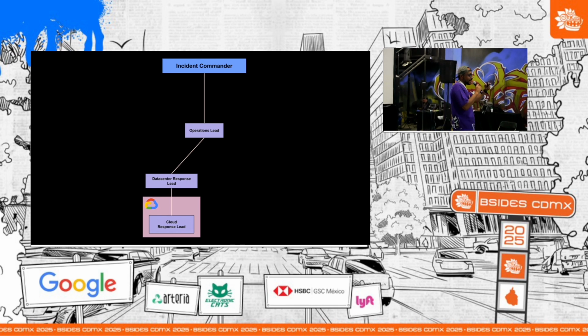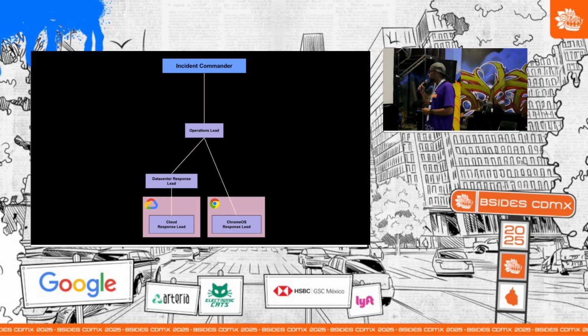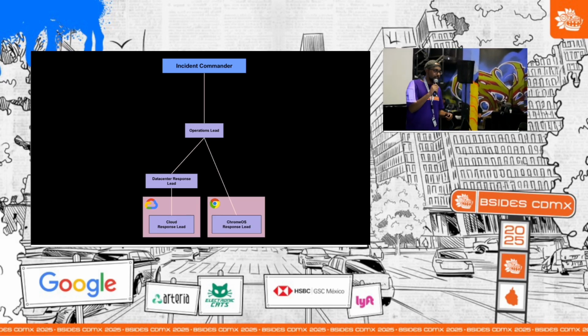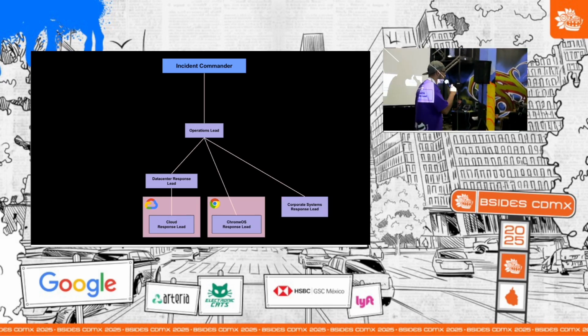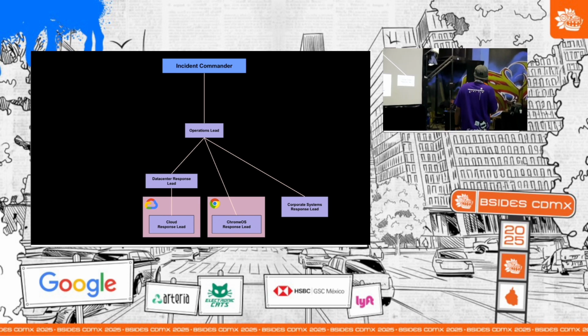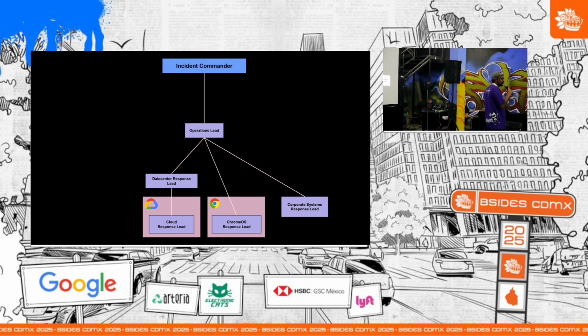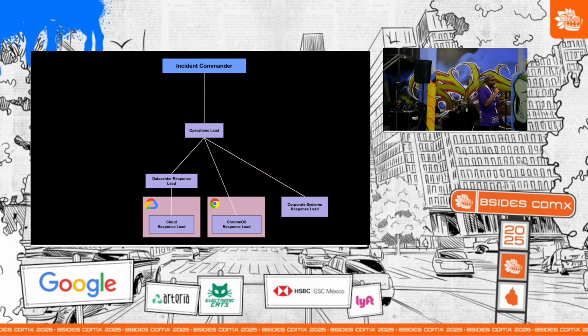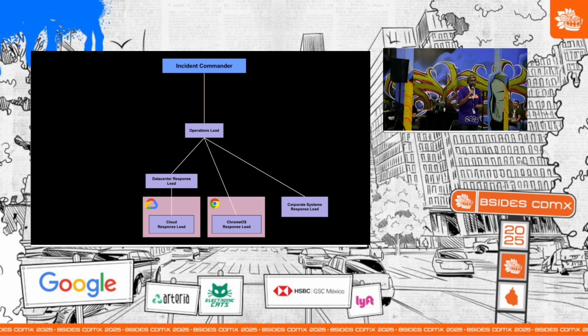And under that lead, there is a team that's going to be working on the mitigations. So we need to have dedicated people in all of these different parts of this response. We also have a Chrome OS response lead to basically lead the Chrome OS part of it. And we have the corporate systems response lead. This is the team that's going to lead internal systems remediation,